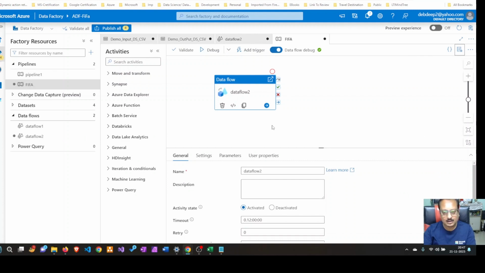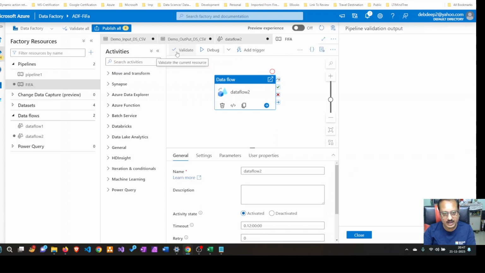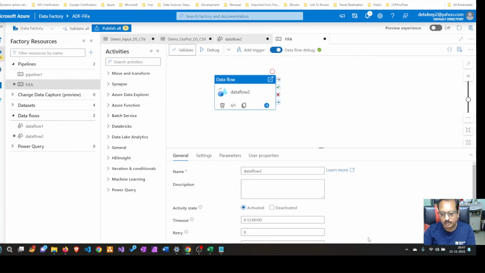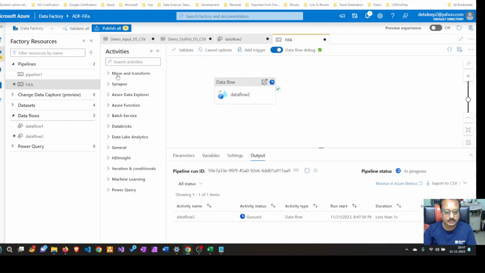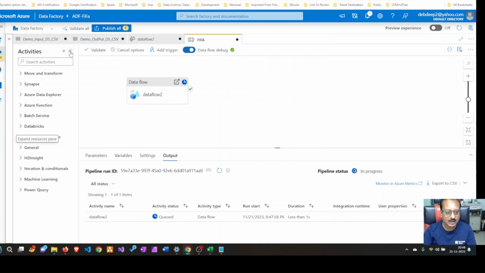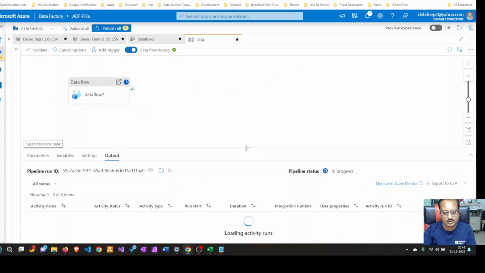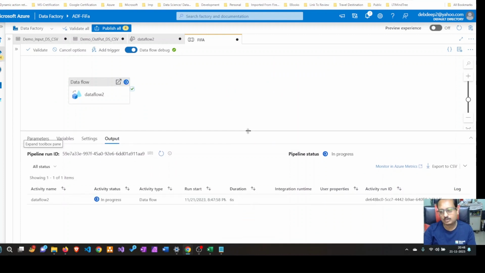Okay, now the last thing we need to perform: you click validate. I know it will be fine. You close it. Okay, now you just hit debug. Now this particular thing will really take some time, because we are running with minimum